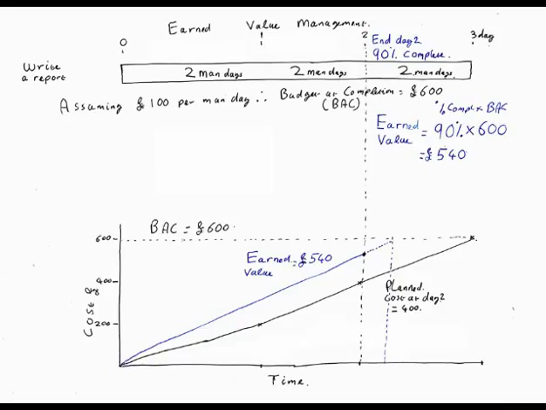What does the term earned value mean? It's the value of the work that's been completed. What does it say in the book? It says that it's the value of the work completed that can't be taken away. So it's the stuff you've earned as a consequence of the work that you've done. You've earned that amount of value.